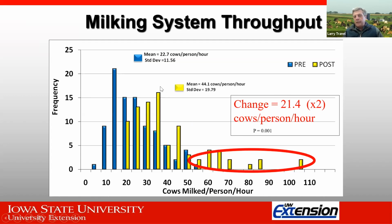But yet the sad thing is that a lot of them, even after they remodeled, still didn't have efficiencies that were much better than quite a few people even before they remodeled. And so I think it's important for us to realize how important milking efficiency, that labor efficiency, is to the profitability of the dairy farms. And that's what we're going after today with some of these technologies that can help the